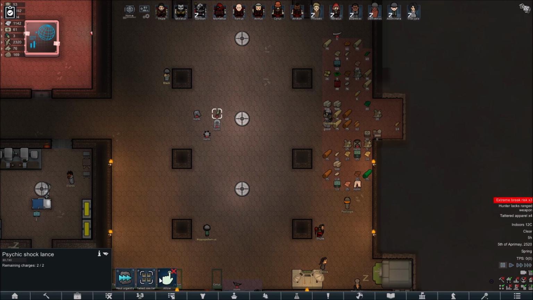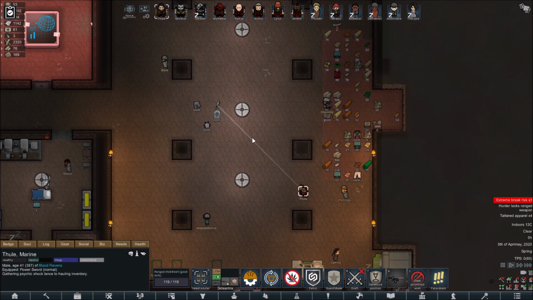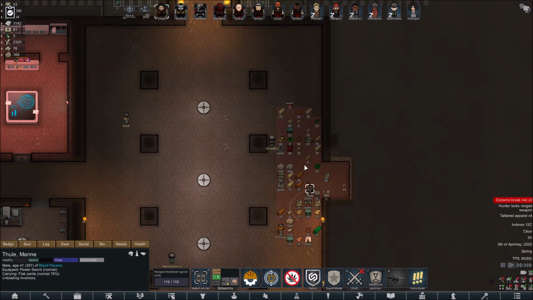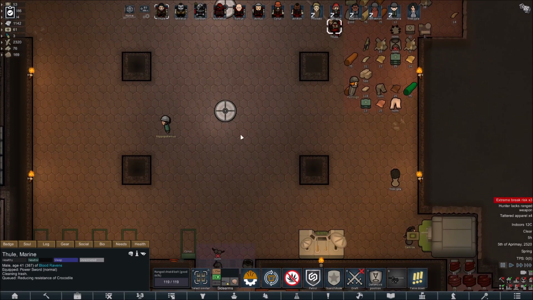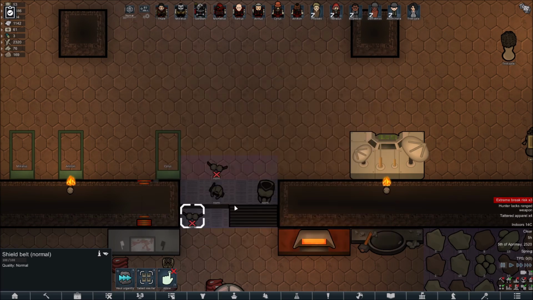But, yeah. We're going to ask that all of this get hauled into the beacon area. Thule, I'm going to ask you to do that. And we'll grab this stuff, too. The shield belts, I'm considering... Well, I'm trying to figure out what I should do with those. Because these are the ones that cannot be used with ranged weapons. And everybody we have that's primarily...